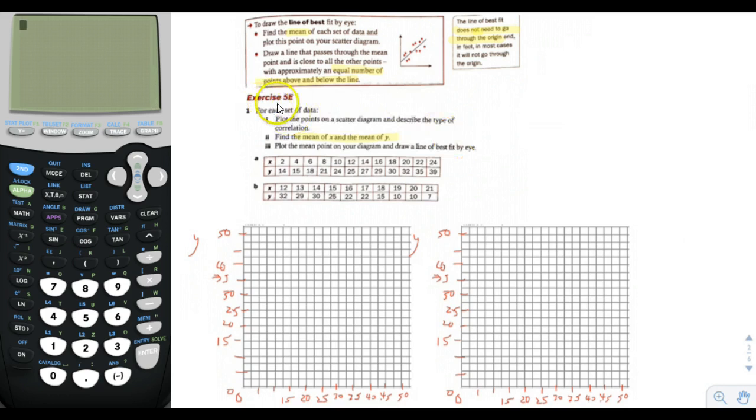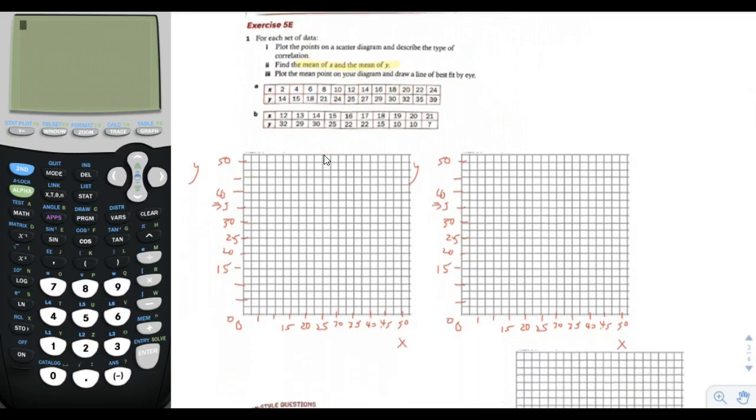For exercise 5E1, we're going to take data distributions and plot them on the scatter diagram, and then say what type of correlation it is. Then we're going to find the mean of the x and the mean of the y to help us draw a line of best fit with a ruler. Of course I'm not going to do it with a ruler here, but you're going to use a ruler on your paper. So the first thing I'm going to do is plot these points